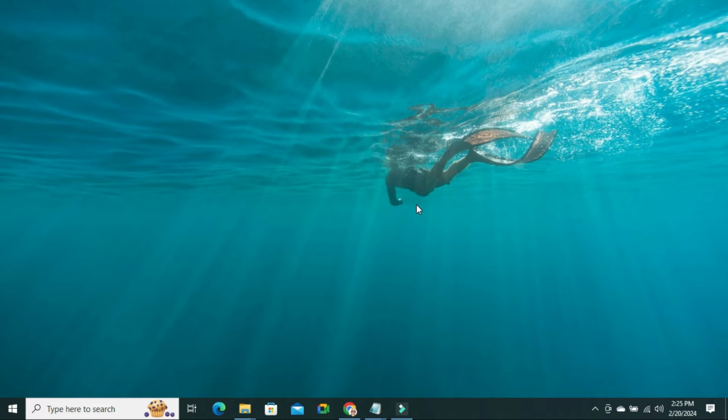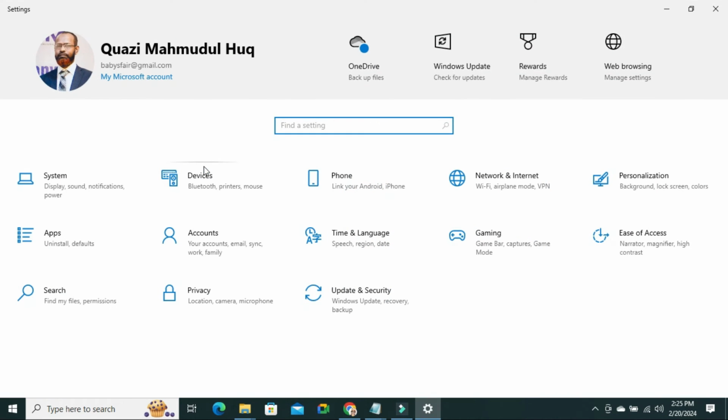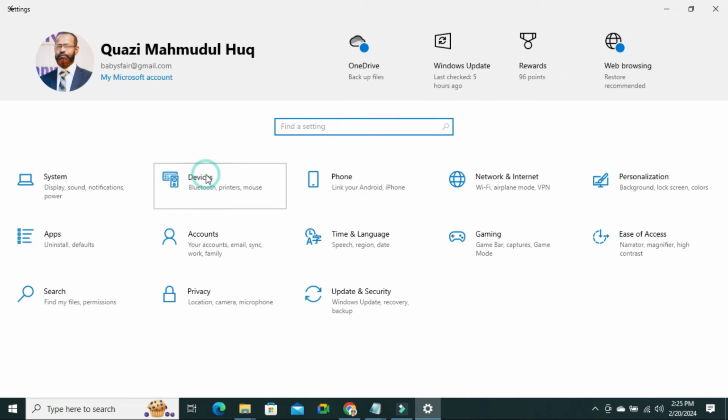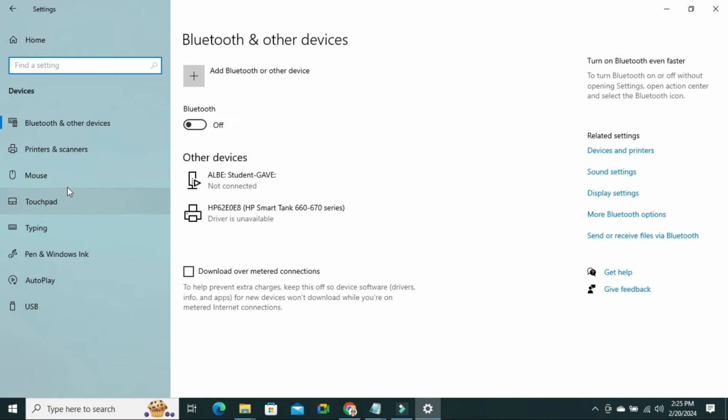To turn off autoplay for all media and devices in Windows 10 computer, click on Start menu, click on Settings icon, click on Devices. Now in left pane you will find autoplay. Click on autoplay,